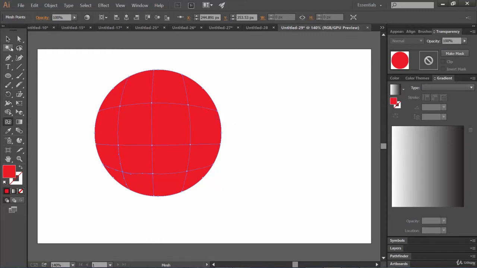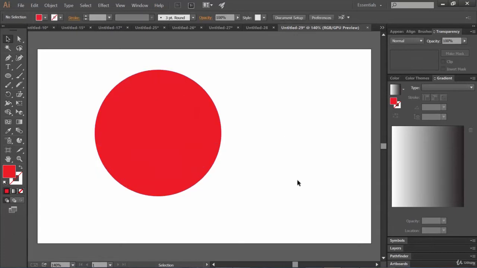Now let's click outside. So this is just a simple circle with a red fill, that's it.